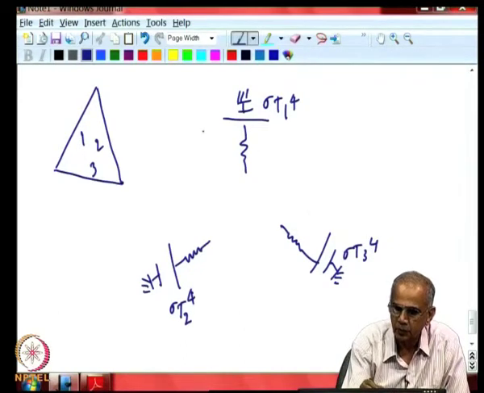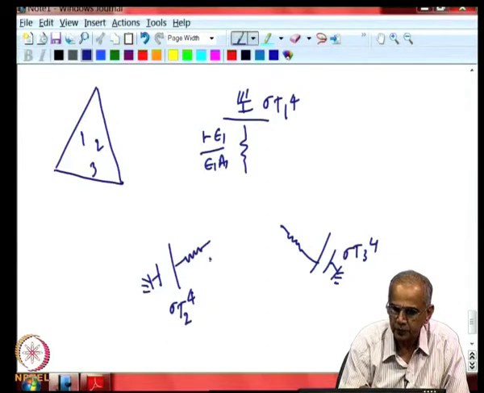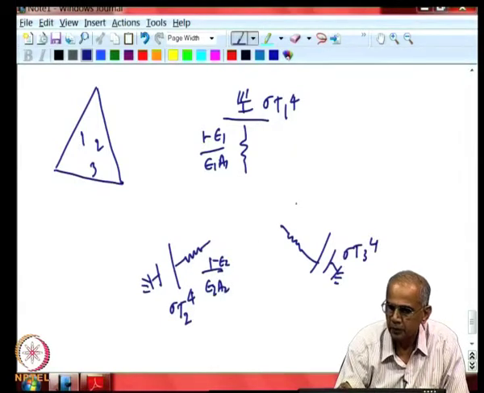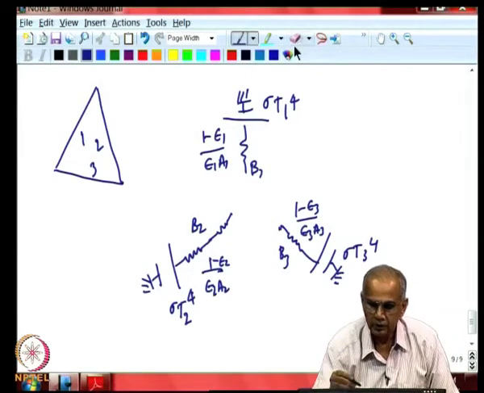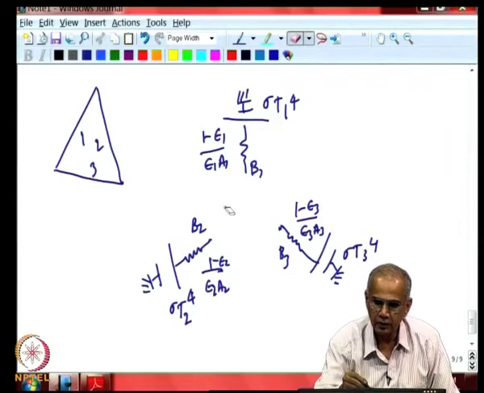So, this is 1 minus epsilon_1 over epsilon_1 A_1, this is 1 minus epsilon_2 over epsilon_2 A_2, this is 1 minus epsilon_3 over epsilon_3 A_3, and the 3 radiosity points B_2, B_1 and B_3 can now be joined by